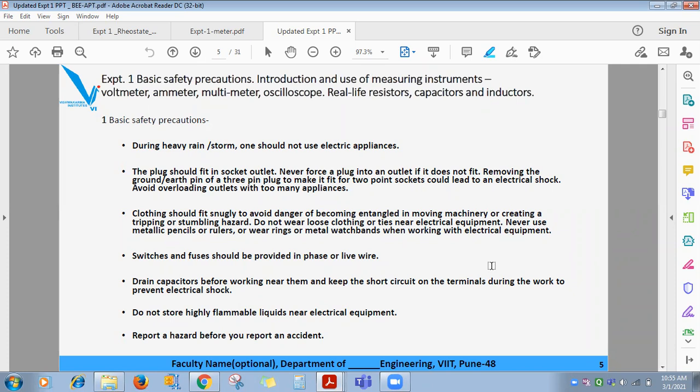If you are using an iron, heater, fridge, or laptop charger, for all these devices you use a 3-pin plug. The upper terminal of that 3-pin plug goes to the earthing terminal of the socket. What is done in that 3-pin? The earthing pin is connected through an earthing wire to the outer metallic body of the instrument. Suppose you are using an iron: one earthing wire is connected to its outer metallic body, and the other end to the 3-pin.